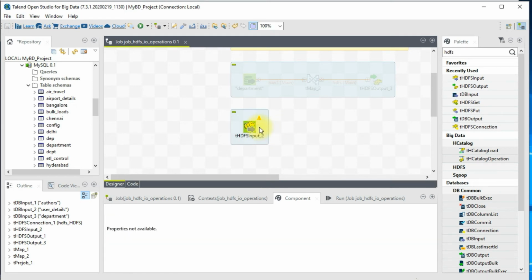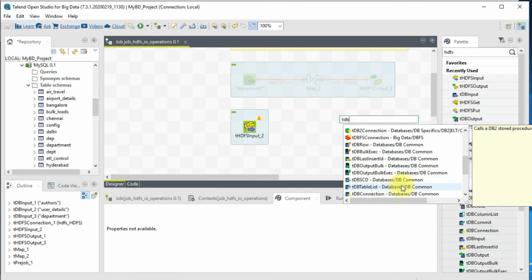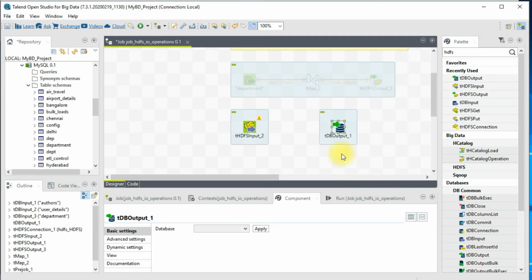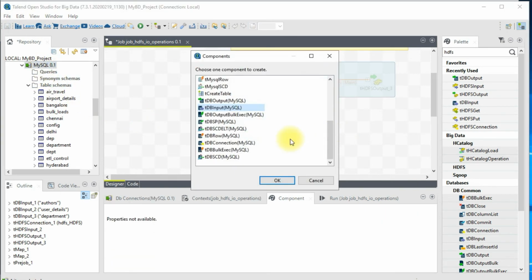You can directly call this DB output, right? This is the DB output. Here either you can do it this way, or for quicker access we will just drag and drop the MySQL and I'll use it as output.